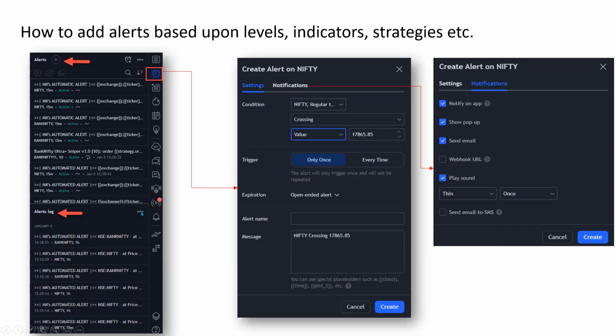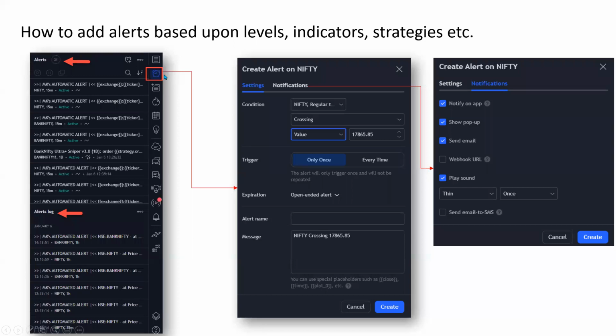Using this 3-dot button, you can clean off this log on a daily basis or whenever you feel like. And at the top, you'll see how many alerts you have activated for yourself. For example, I have different strategies running, so 21 alerts are running at this point of time for me. The 21 here indicates how many alerts are active. These are yesterday's screenshot. All these alerts got triggered yesterday, and many of them were sent to the Telegram group that you're part of now. You get this information here.